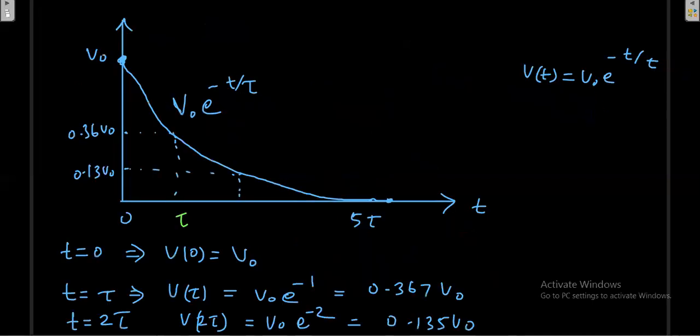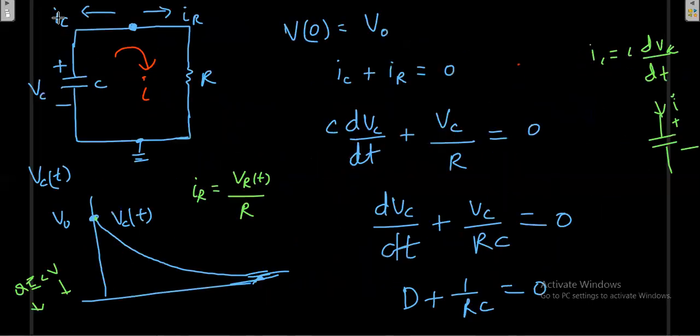We have assumed that the current is flowing into the capacitor, Ic, but practically the current is going away from the capacitor, because it has some voltage. You know one concept: when we have a voltage source, if this is plus and this is minus, the current will flow away from the positive terminal. That is the real direction of the current.